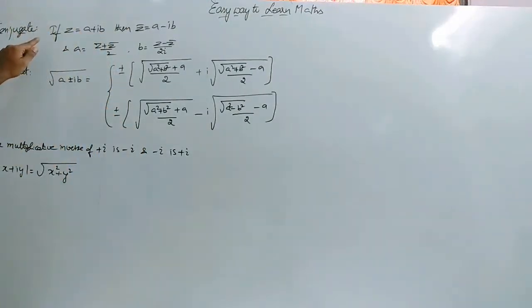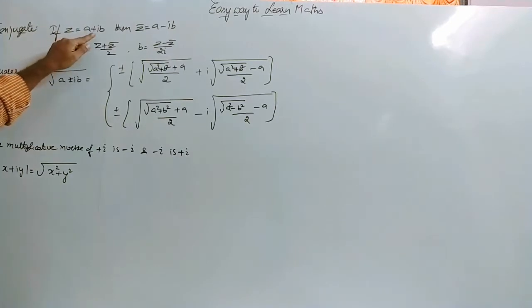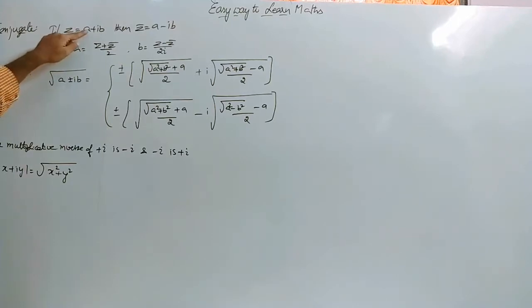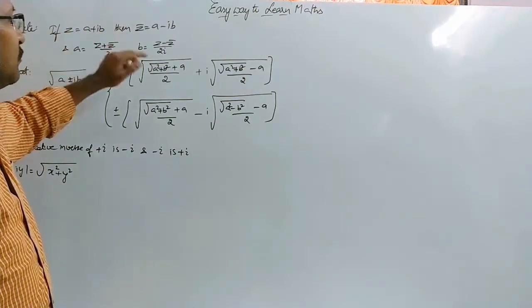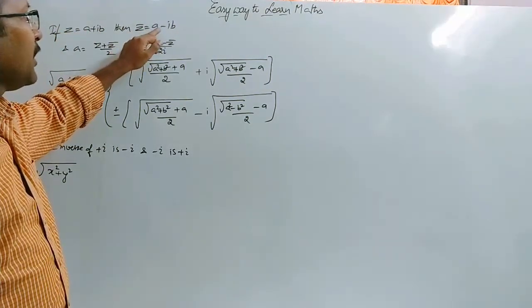Now, the conjugate of a complex number z equal to a plus ib is derived by simply changing the sign of the imaginary part. Here a is the real part and b is the imaginary part. The coefficient of i is called the imaginary part. Here b is the imaginary part, and hence the conjugate of a plus ib is derived simply by changing the sign of the imaginary part. Here plus ib, and hence the complex conjugate of a plus ib is nothing but z bar equal to a minus ib,